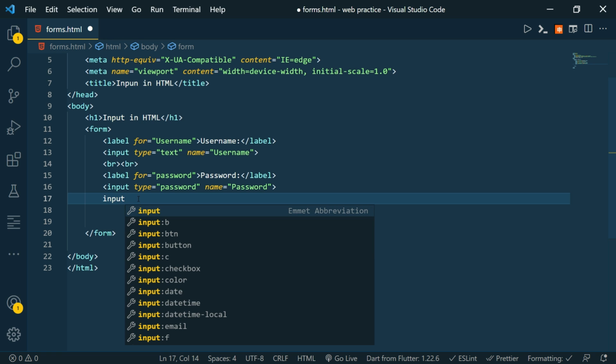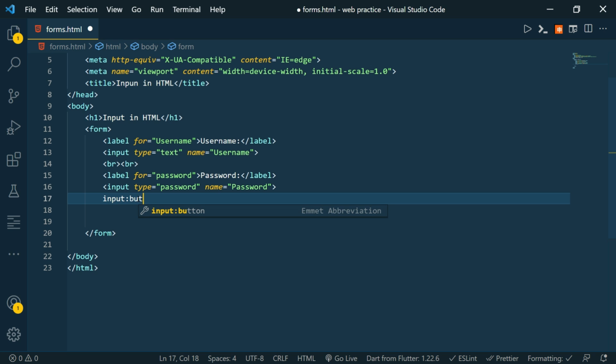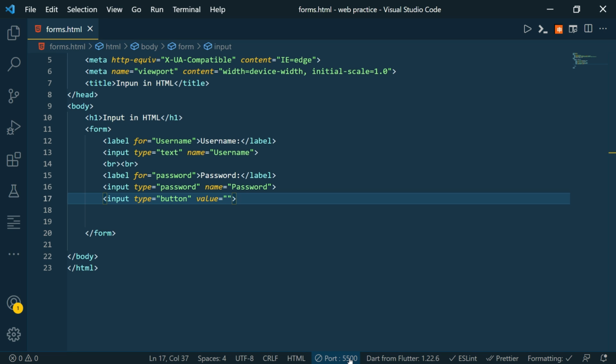The way we can create a button using the input tag is input : button. That will result in an input field with type of button, and to display something in that button we need to type between value. We'll first see without a value.